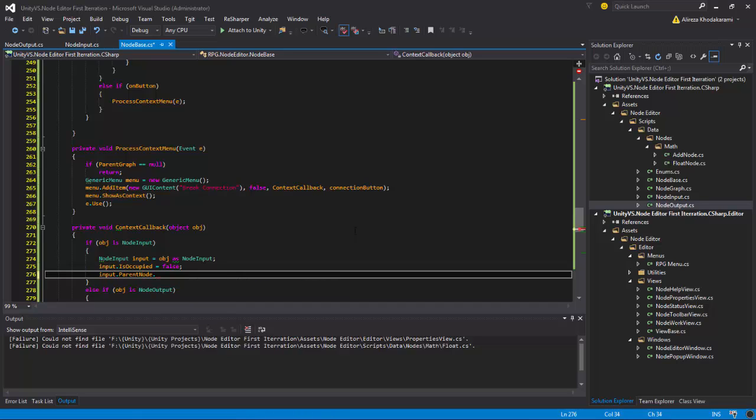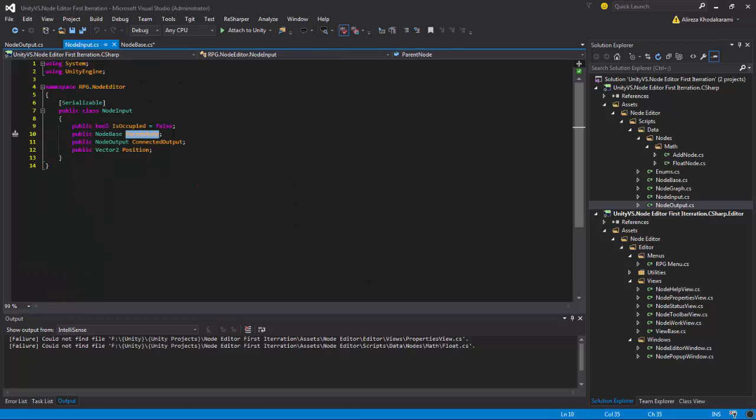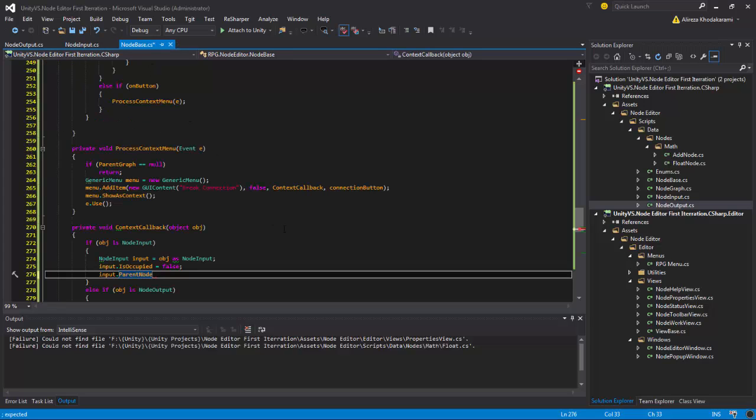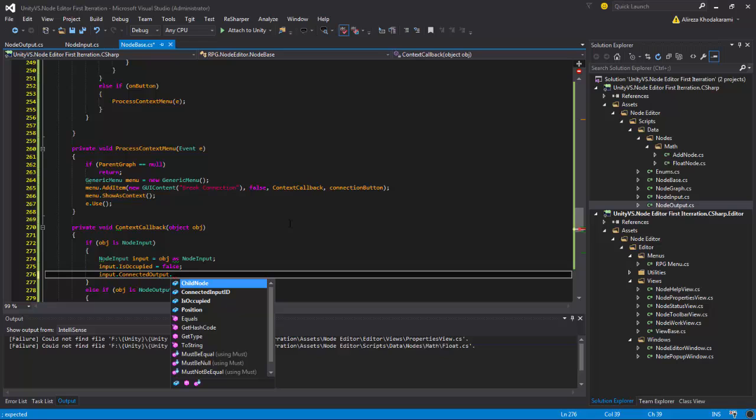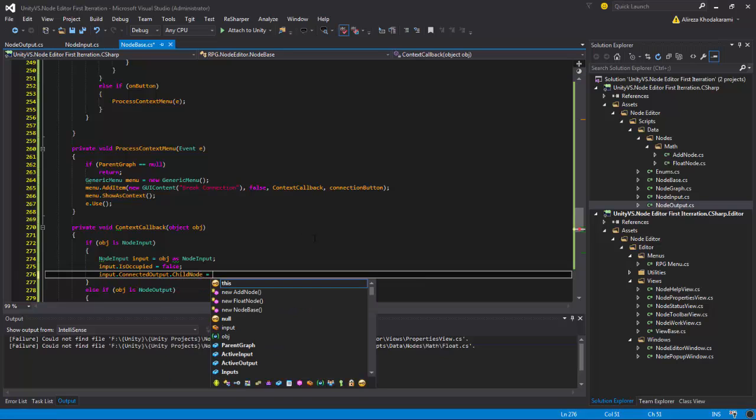No. So it will come later. So let's see. Connected output dot child node equals null,